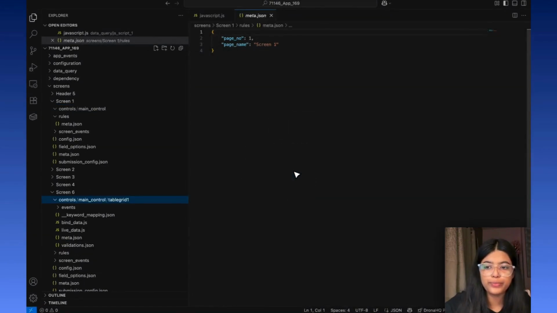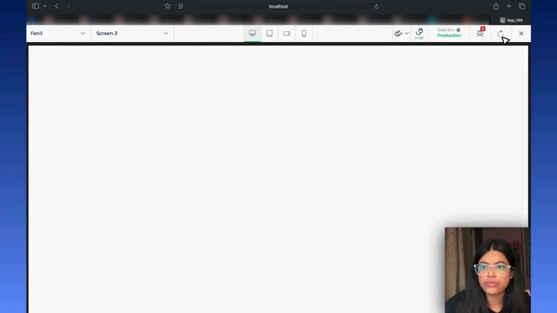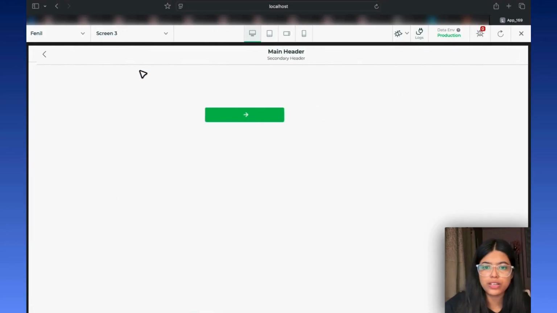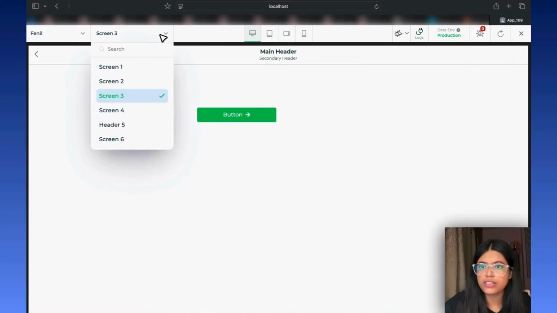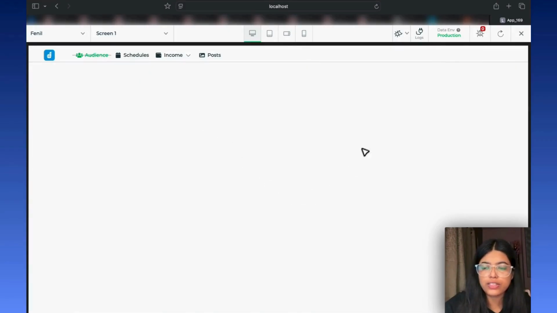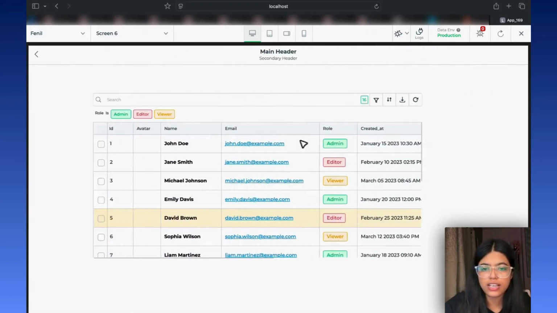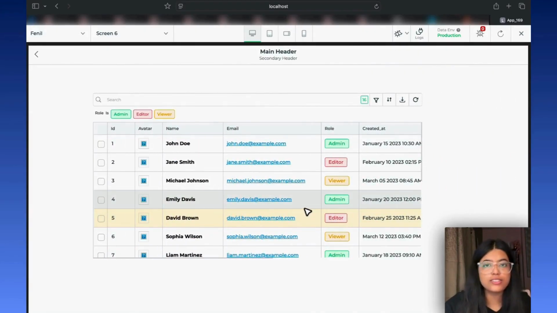and check our preview. Once you're on the preview, just refresh and let's go to screen 1. As we can see, in screen 1, the table grid has been shifted to our screen 6, and here's the table grid. This is just one example of what you can achieve with the code editor extension. It comes in really handy when you're doing bulk edits and shifting a large number of components from one